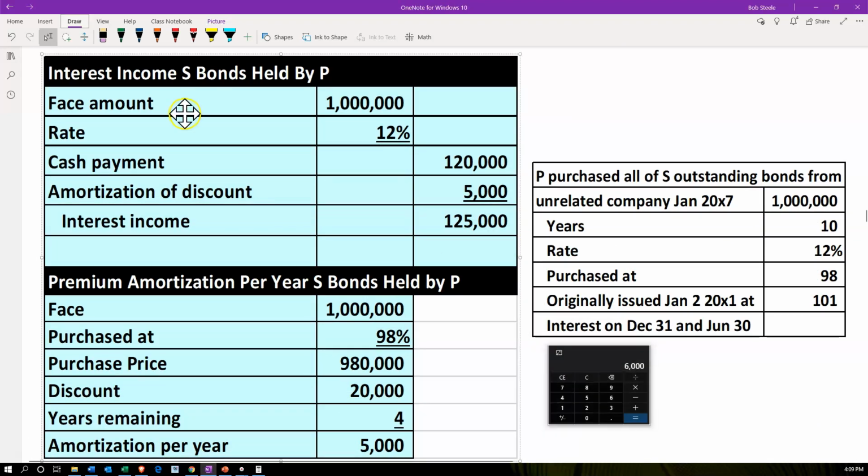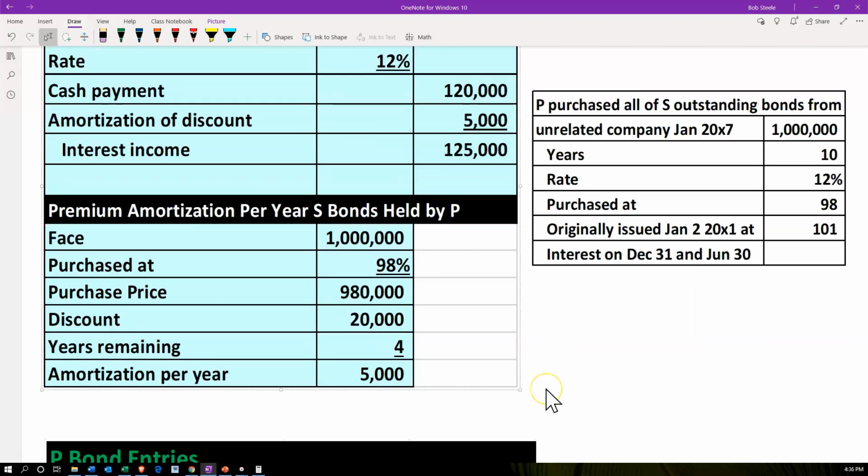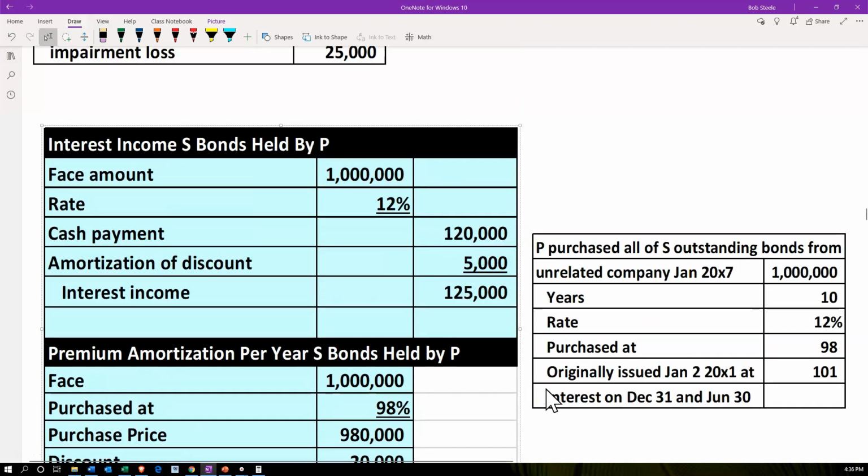So that means for the interest income calculation, we'll see this in journal entry format. The journal entry will basically be the cash payment, that 120, and then we have that amortization of the discount of the 5,000, and the interest income that's going to be recorded on their books, not considering the intercompany transfer. This is going to be part of the calculation we'll need to reverse, which will be that 125,000. Now we'll use this information to think about what would have been recorded by the parent and subsidiary related to the bonds on their books,